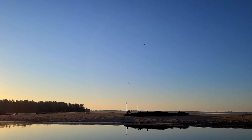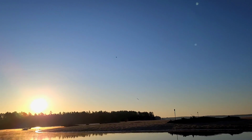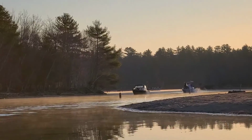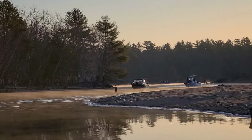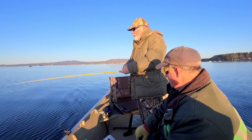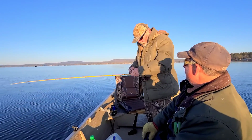A goose and a mallard. Oh yeah. Love that sound. Where's the lake at? True up. Yeah, they cast. They found a school of smelts. Well, and what I was thinking was